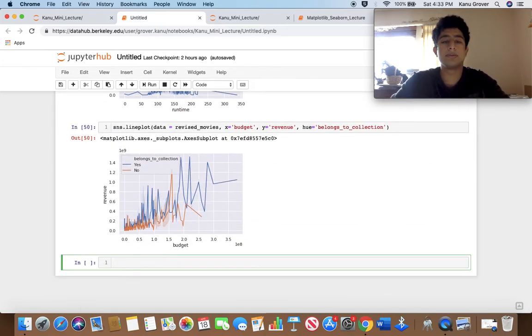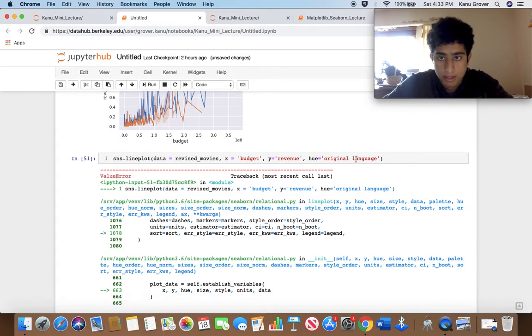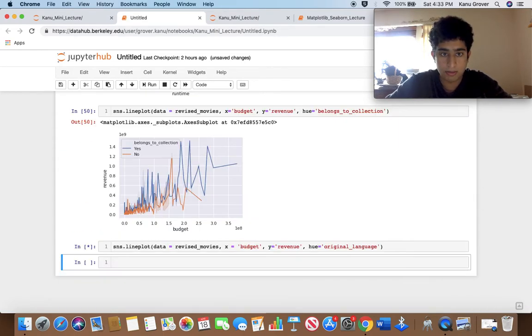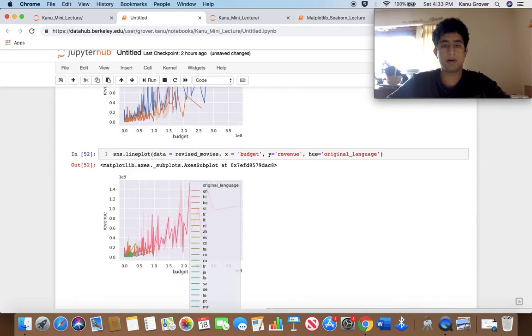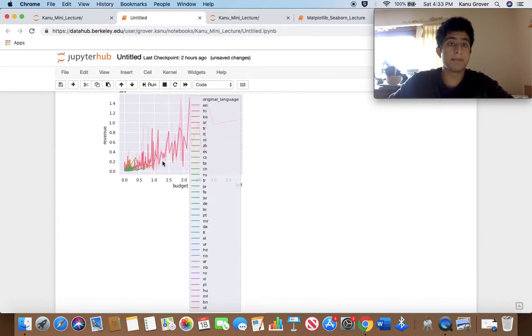So say we drew the same exact graph of budget versus revenue, but this time we wanted to look at the categorical variable original language. Okay, cool. So when we draw this graph on Seaborn, we can see that there is a pretty big difference